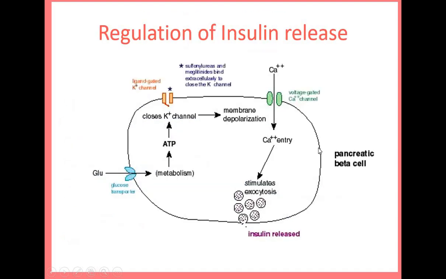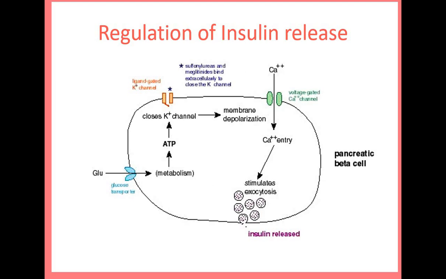Moving towards a very important topic: how the release of insulin is regulated, because it's very critical. Glucagon and insulin both should be regulated very meticulously. Only then is the blood sugar level controlled and maintained in the range of 80 to 120